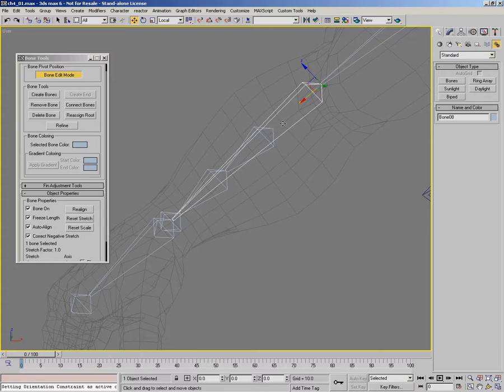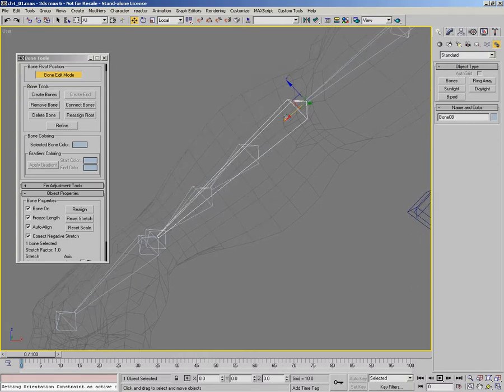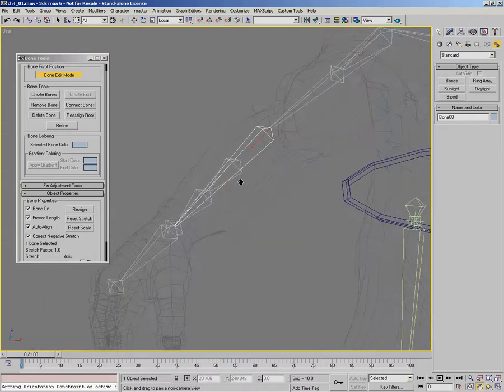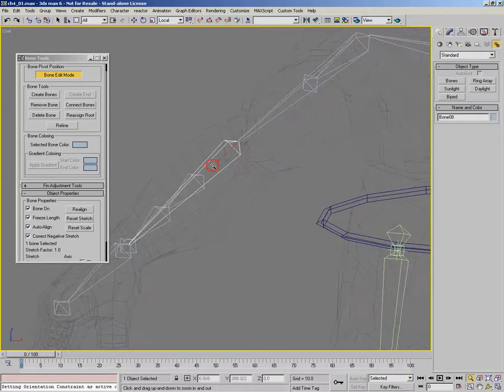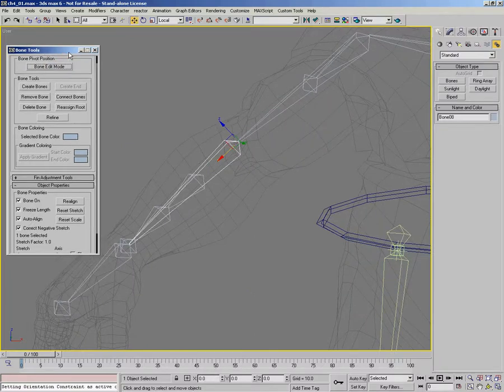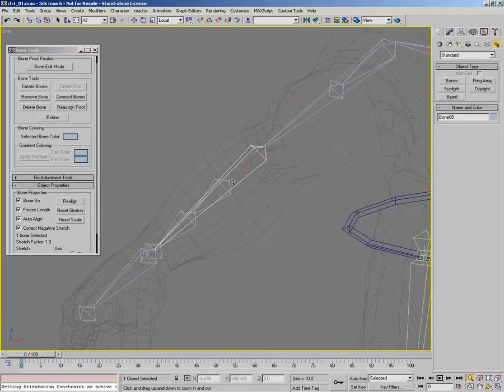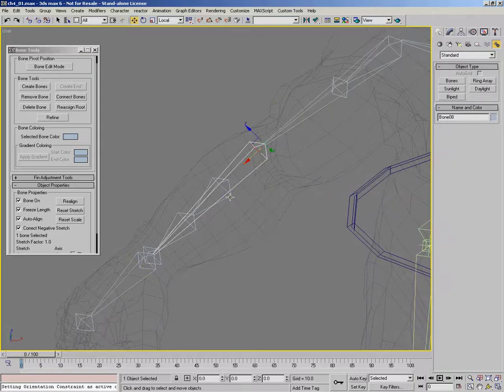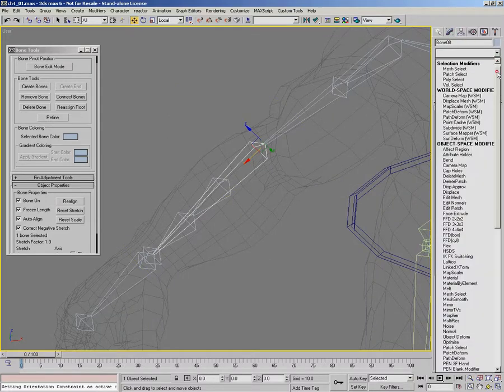Now, you don't need to change the length of this bone. You don't need to actually set it down to here. It doesn't matter. I'm just going to skin this area to it. The envelope will run the entire length. If you don't like that happening, what you can do is you can actually change the length of this bone. And there's a couple of ways of doing it if you'd like to make it look really neat and tidy. One, you can use MaxScript to adjust the .length property, or in a very, very easy way is you can